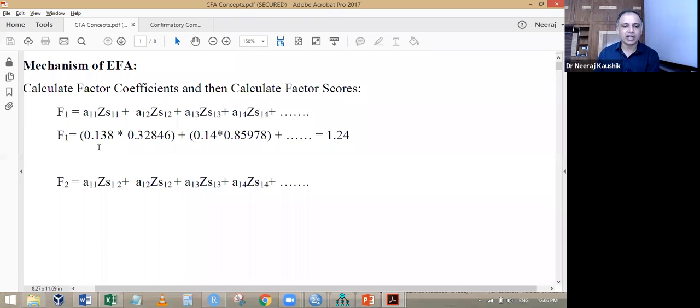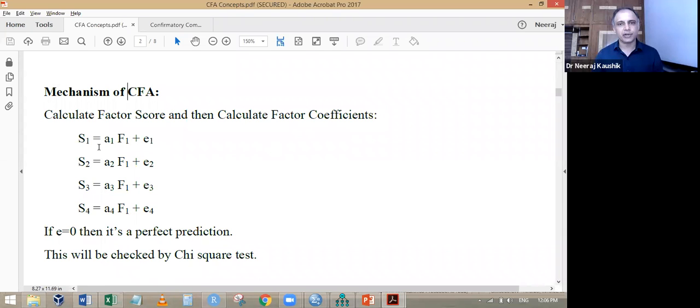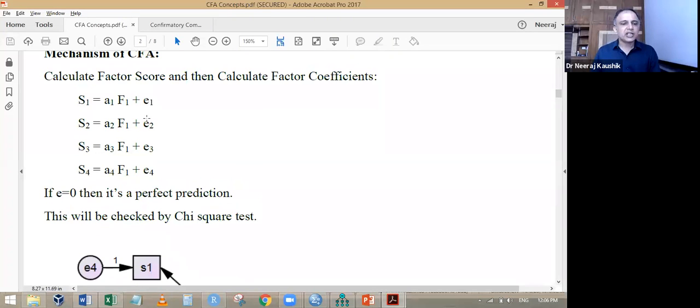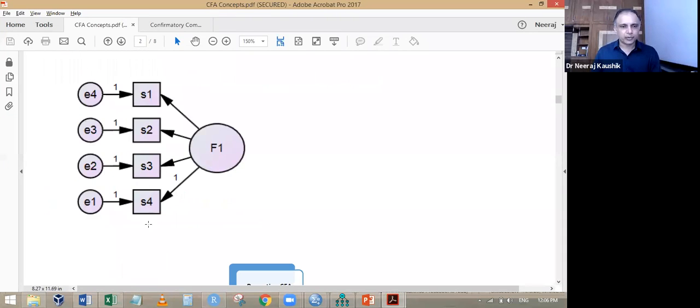But when we come to CFA, the concept is totally reverse. Number one, we are not discussing this OLS method, ordinary least square. We are discussing here the MLE method, maximum likelihood estimation. What is meant by this? This is given by R.A. Fisher. R.A. Fisher said that, see, if these are 4 statements, S1 to S4, and if these are really reflective,